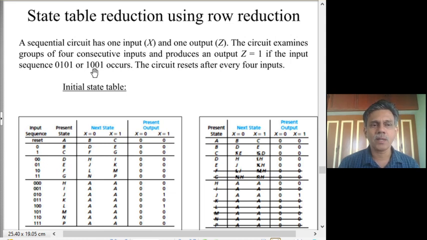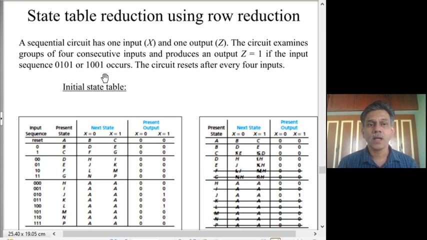So what the machine should do is, when the fourth bit has come, if that group of 4 bits matches any one of these 2 bit patterns, the output has to be made 1. If the pattern has not occurred, then the output is 0. How about the first 3 bits? Obviously we are not going to look at those 3 bits for the output, because only the fourth bit will indicate the occurrence of the pattern, but still we have to output something. So let us say we will output zeros for the first 3 bits.